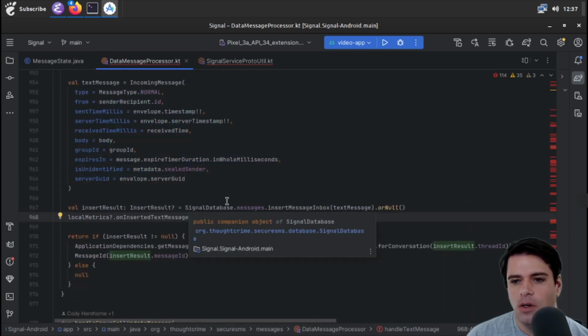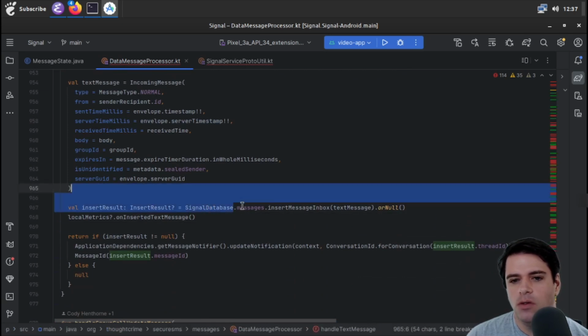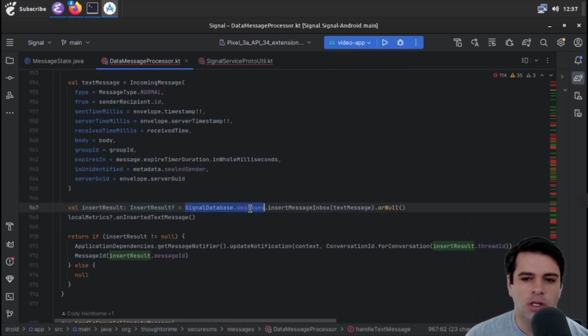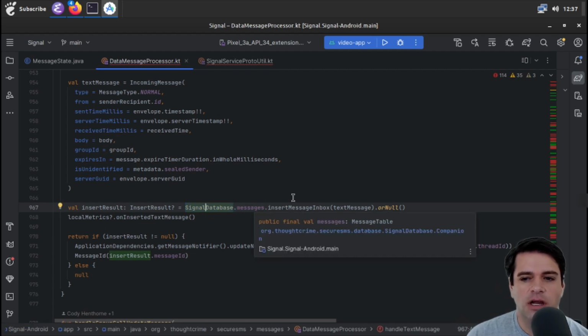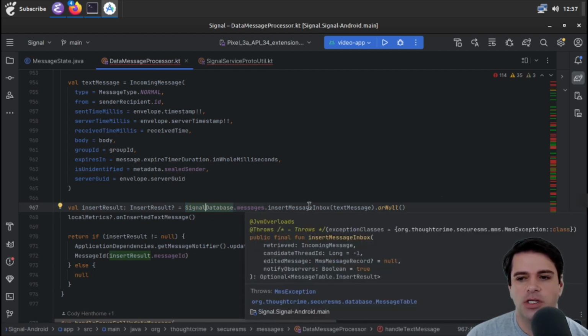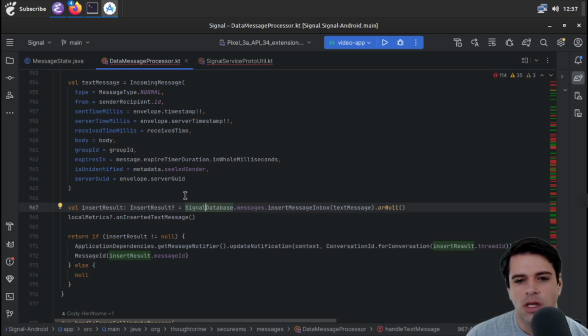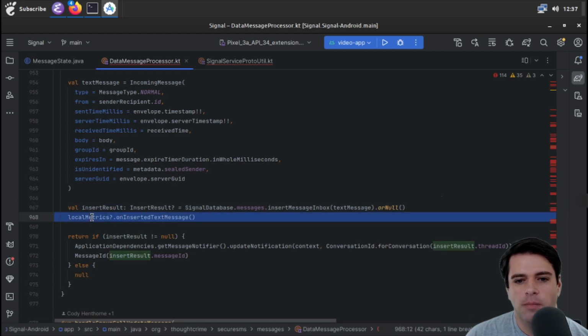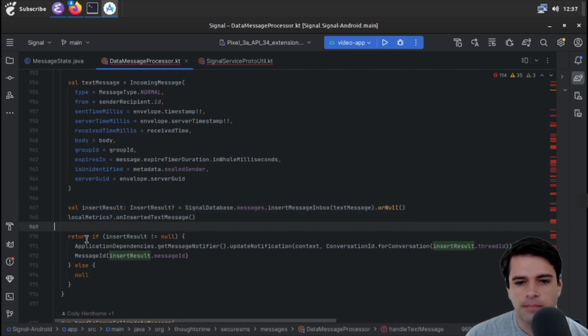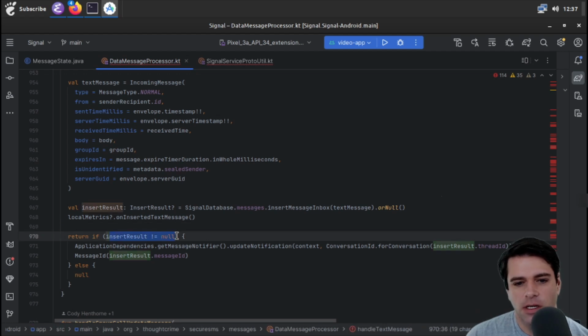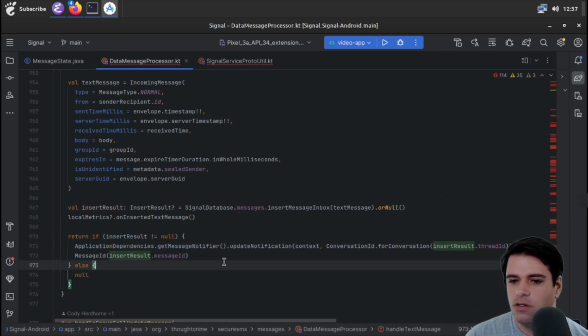And then the very first thing we try to do is we look at the Signal database, the message is there, and try to insert the message into the inbox. And we get an insert result and possibly do some metrics. And if the insert result is non-null, then we're going to return